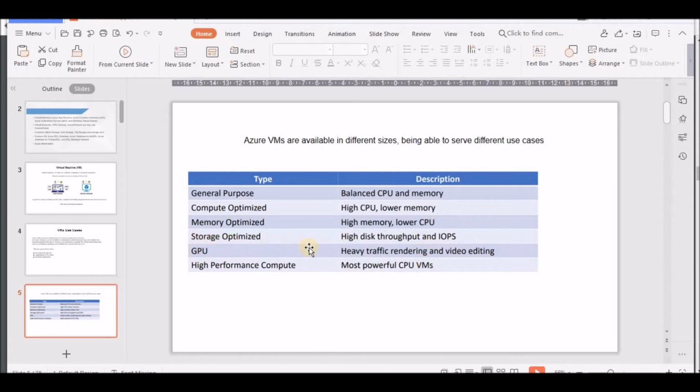And as we discussed, whenever you need high CPU, memory, and disk throughput, you can select high performance compute.